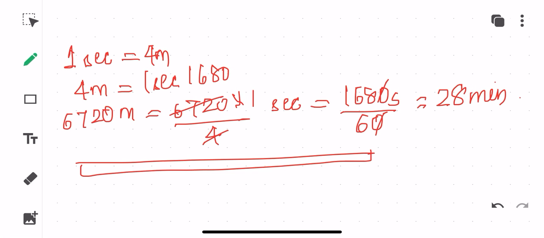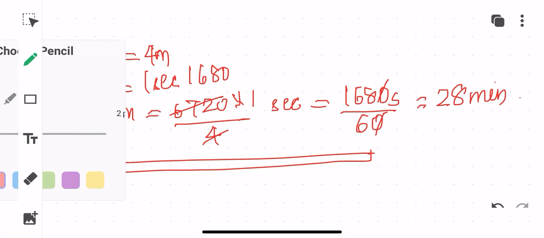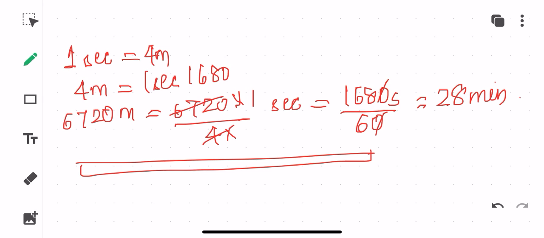So first you will be getting in seconds, and if you want directly, you can just multiply here also 60, that way also you can get the answer. Okay, so this is the way question number 10 has to be done. We'll now move to question number 11, children.